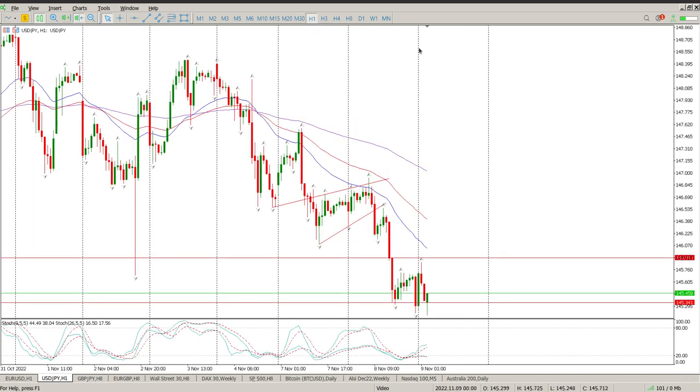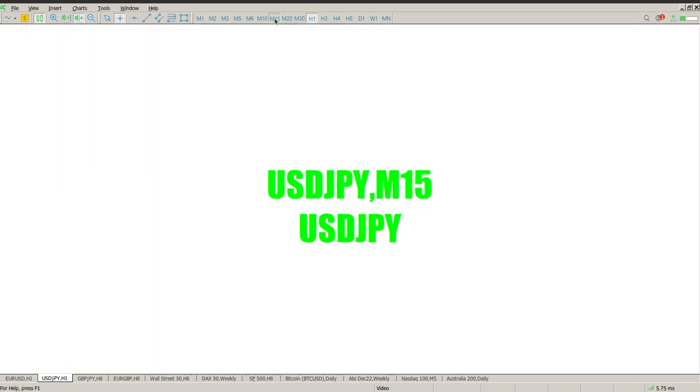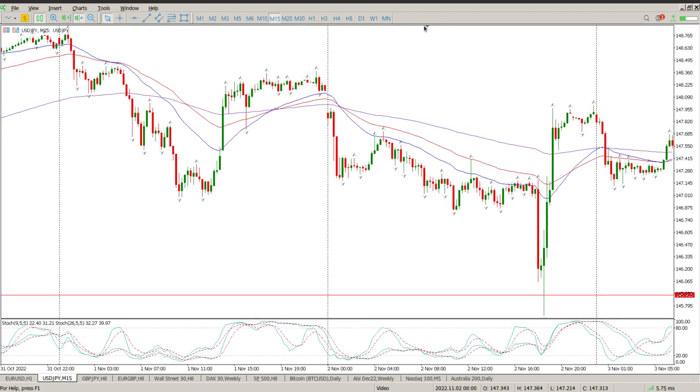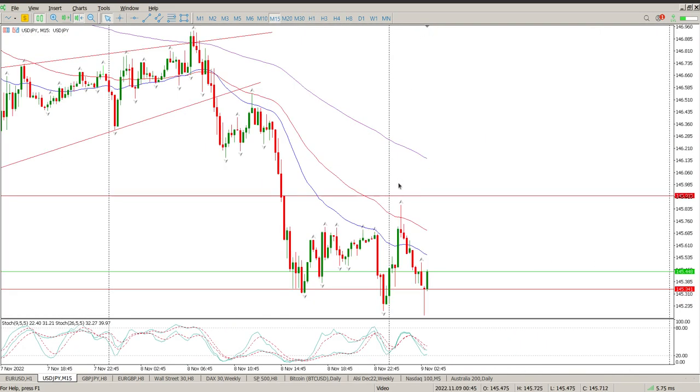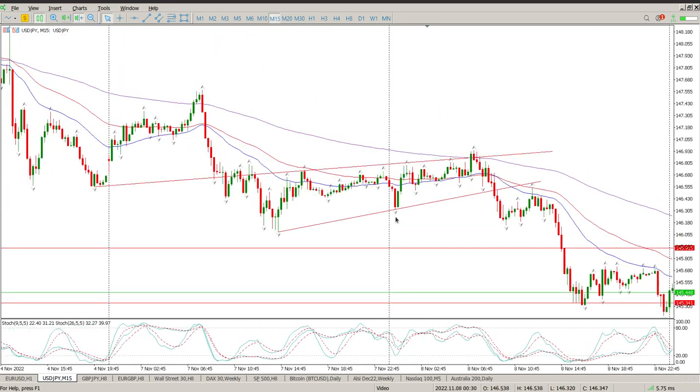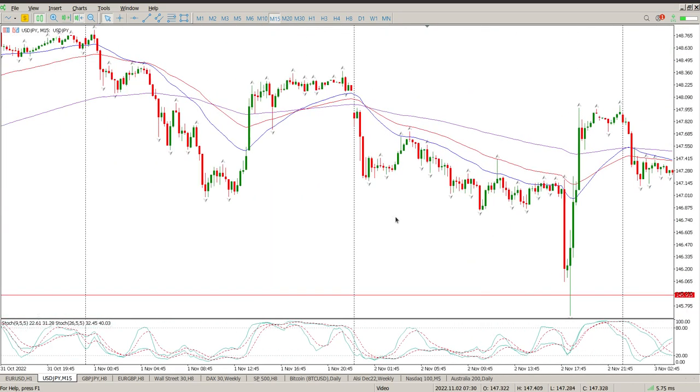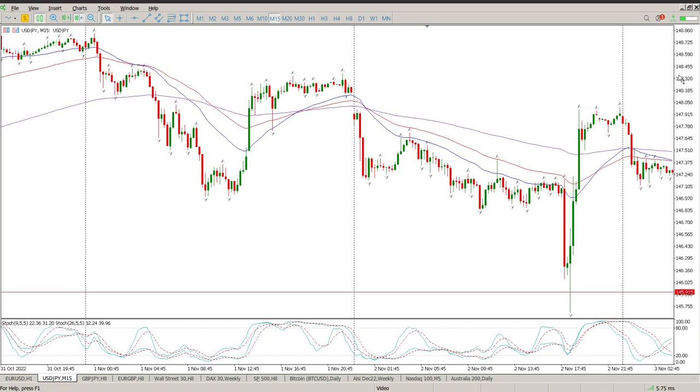Now if we just have a look at this, you can see the break. There's the attempt at coming back to test the break, and then we look to move down. The thing that you can see here also on the 15-minute is you'll see you had a pin bar here, but if you go to the left, you're going to be looking,